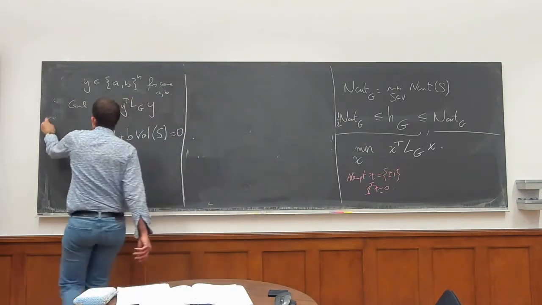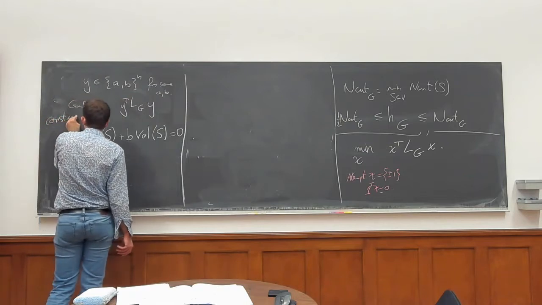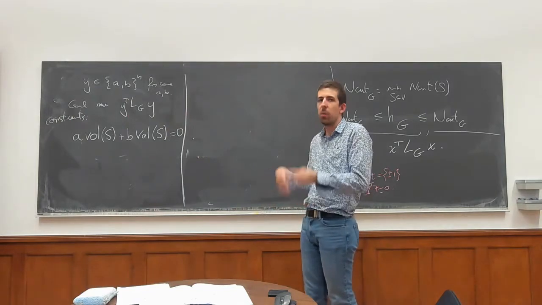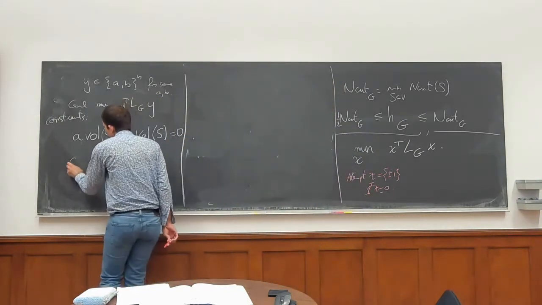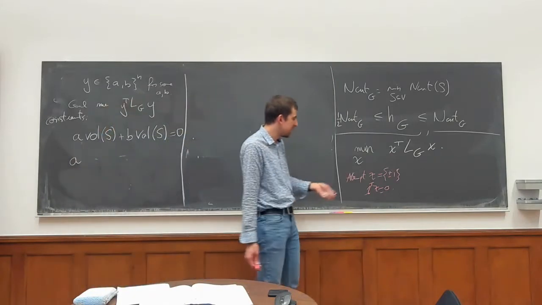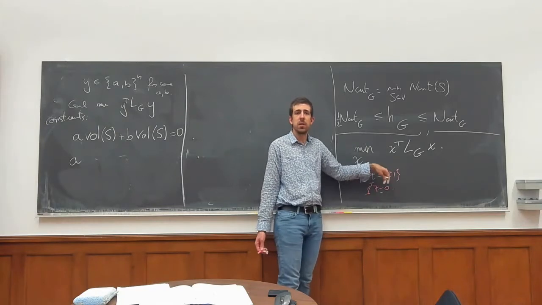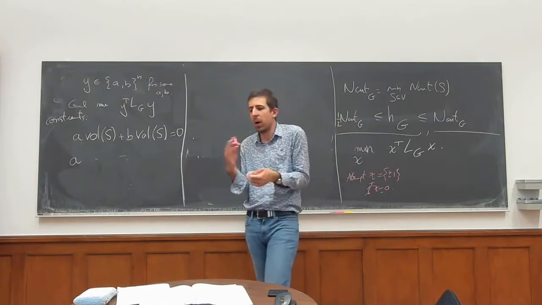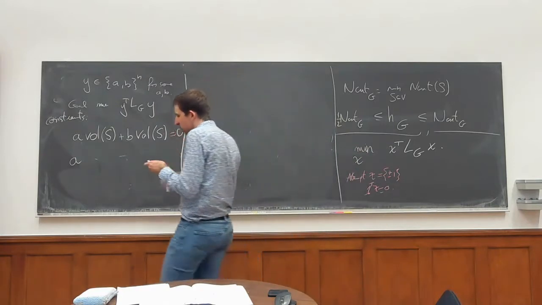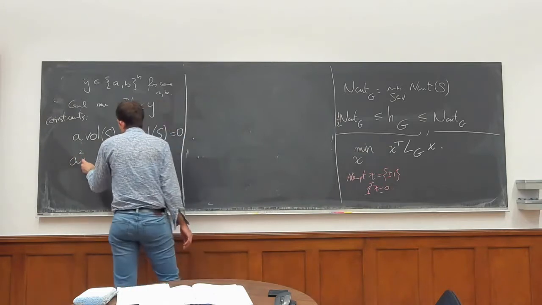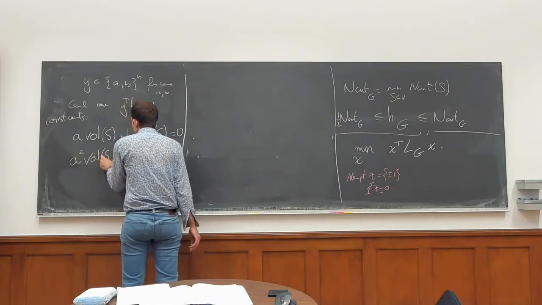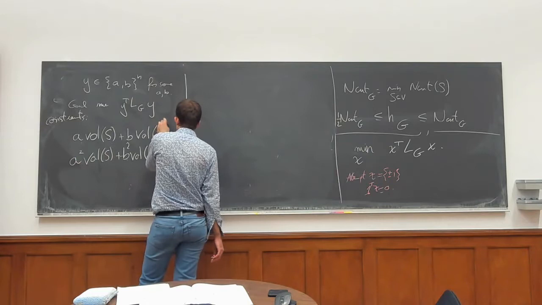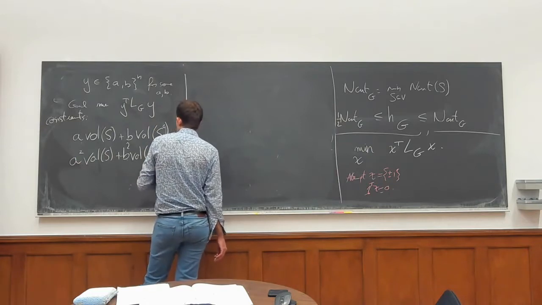Right? So I'm going to add constraints. And I also need scaling, right? Otherwise, I could just double everything and there wouldn't be any problem. So I need some kind of scaling. Here there are plus or minus 1s, but if I'm going to let A and B roam free, I need to scale them some way. So I need to bound what the sum of the squares is going to be. But again, we're doing things with respect to this volume, so I'm going to say that A squared volume of S plus B squared volume of S complement. Okay, this should be S complement, of course. S complement is